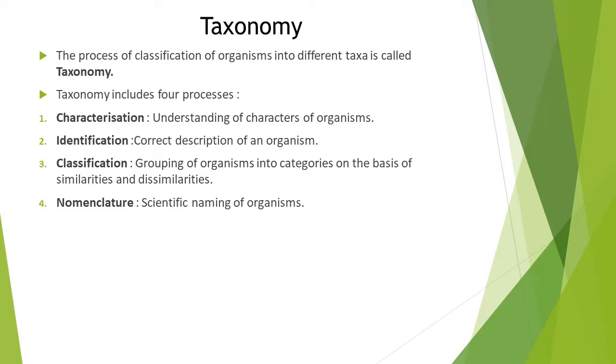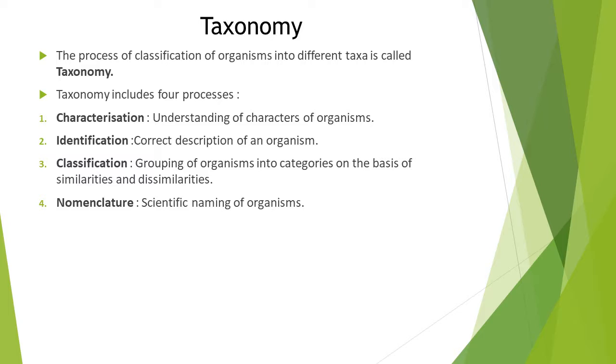The process of classifying organisms into different categories is known as taxonomy. Let's say you're visiting a library and you want a science book. You would directly go to the science section and pick your book. You do not have to wander around the library and search for your science book because the science books are placed in a specific category. In the same way, if you want a maths and English or any other book, you will go to that particular section and search for your book. So classification of organisms makes the study very, very easy.